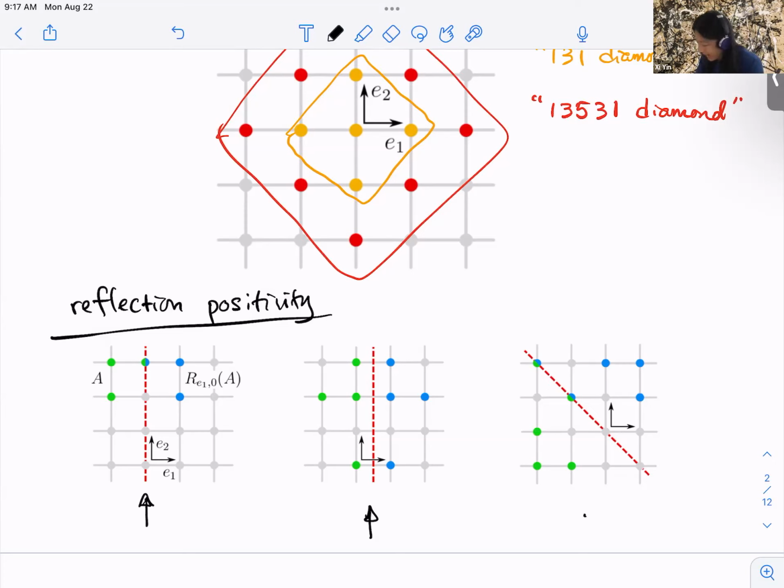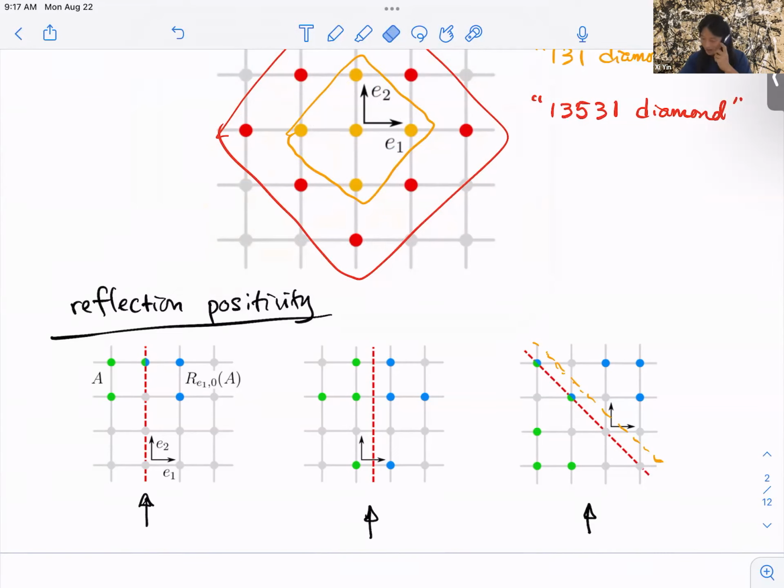You can also reflect diagonally, but in this case, you can only reflect along the diagonal set of lattice sites. You cannot do something like, let's say, this; it doesn't work, actually. At least I couldn't prove any non-trivial reflection positivity conditions if I reflect along this orange diagonal one. Anyway, if you can prove something related to that, that'll be interesting to know.